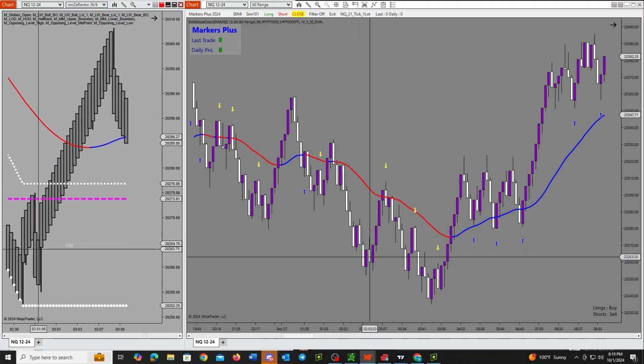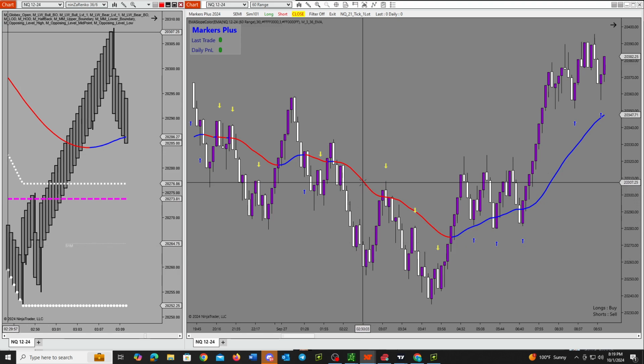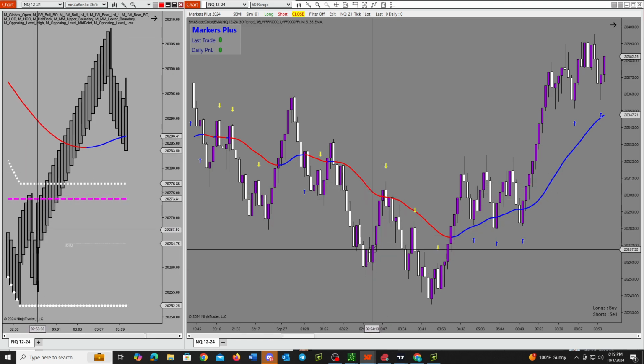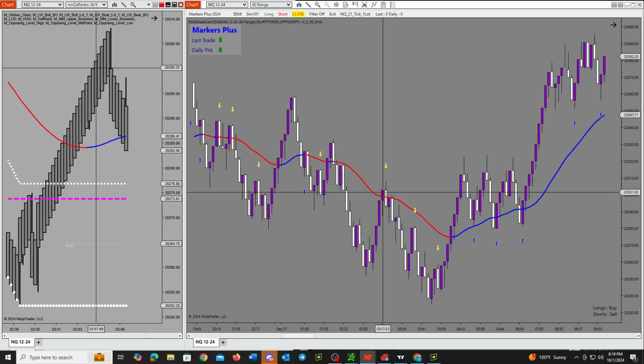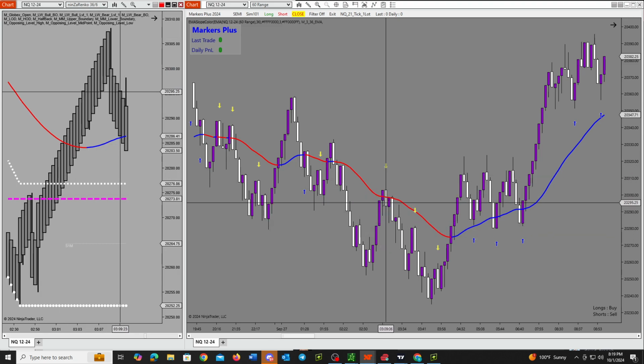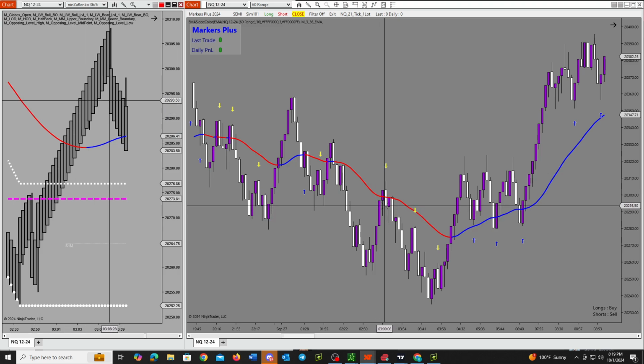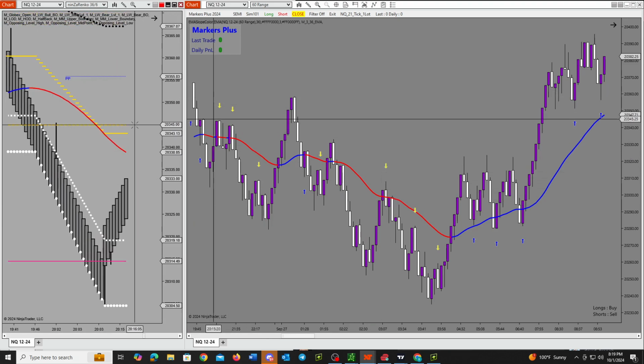Let's look at this one right here. We're in a definite downtrend. It stays red, even through this huge pullback. We get 1, 2, 3, 4 up closes, a down close. But what I want you to see is this down close here happens, and we get the arrow. It occurs before